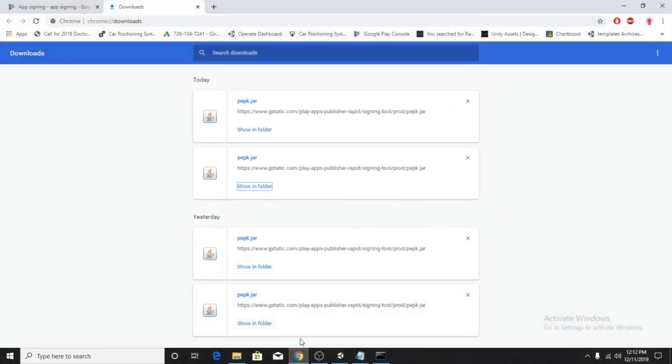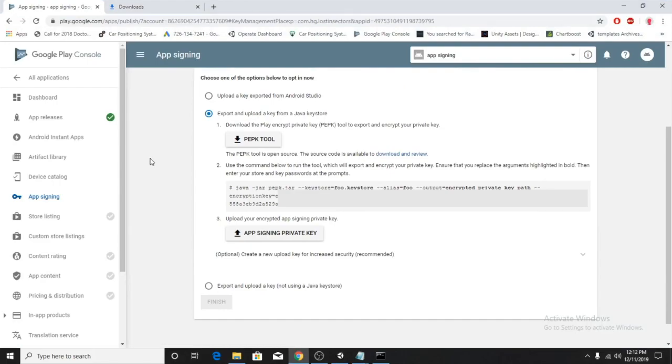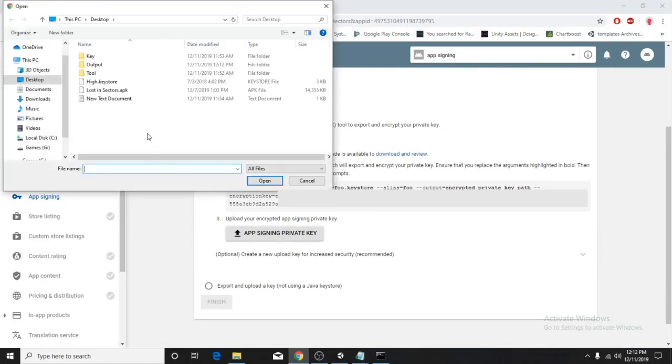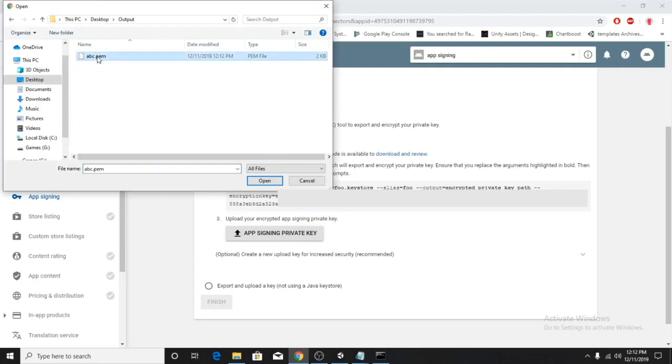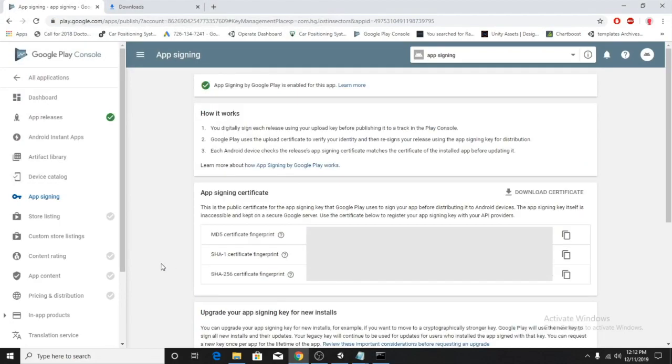Now go to your developer console, app signing, and click here and upload the .pem file and click on finish, and there you